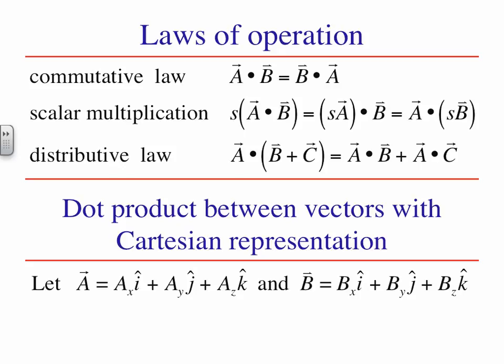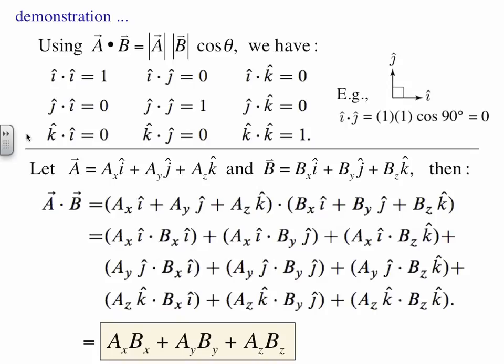Because of the distributive law, we can reduce this to 9 binary dot product operations involving the unit vectors i, j, and k. Because the Cartesian system is mutually orthogonal, each of these dot product operations will yield either 0 or 1. We can see that any unit vector dotted with itself produces 1, since the operation yields the product of each vector magnitude, both 1, with the cosine of the angle between the vector and itself, also 1 since